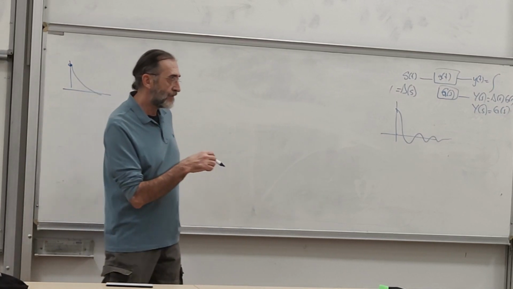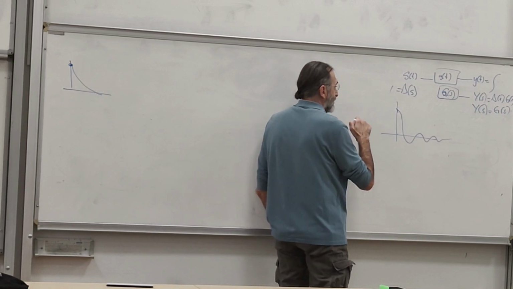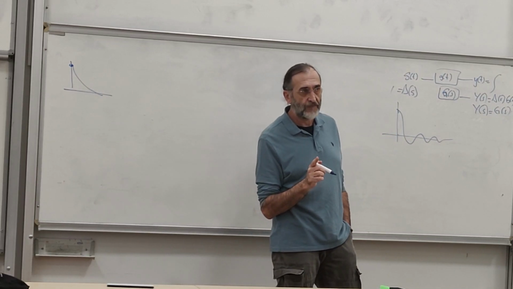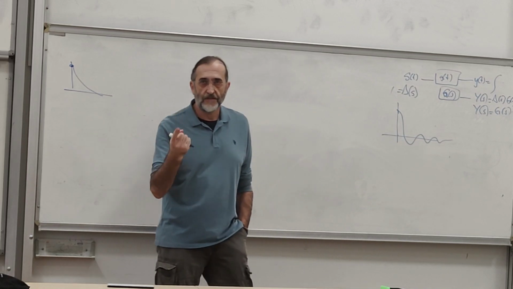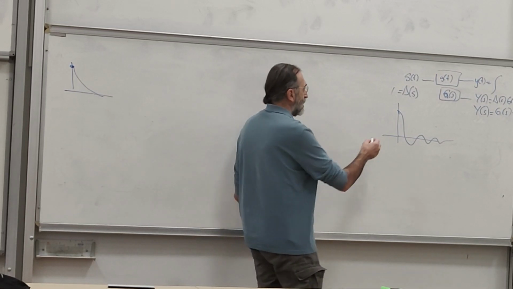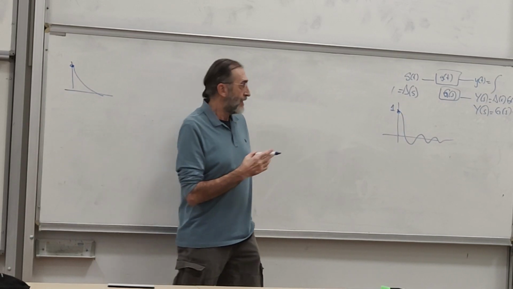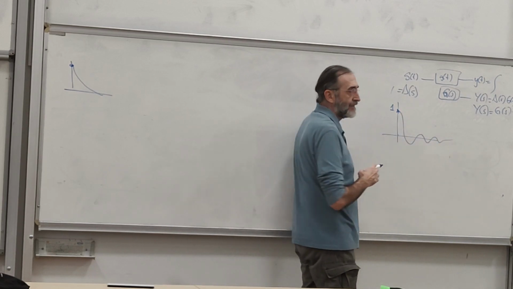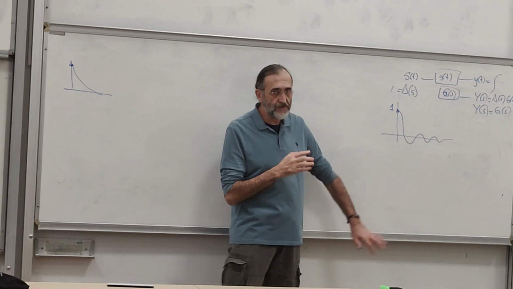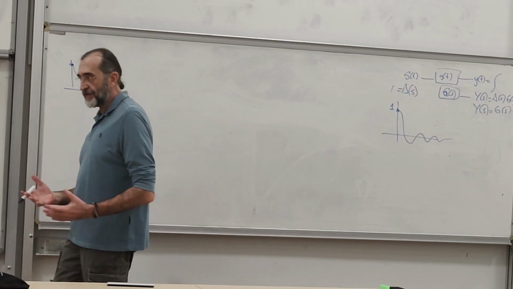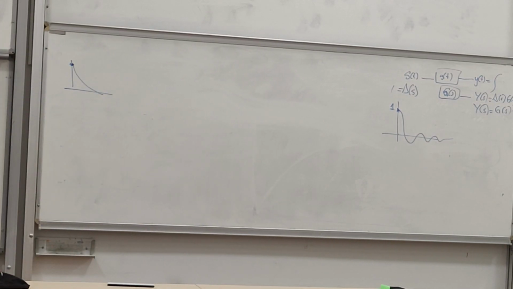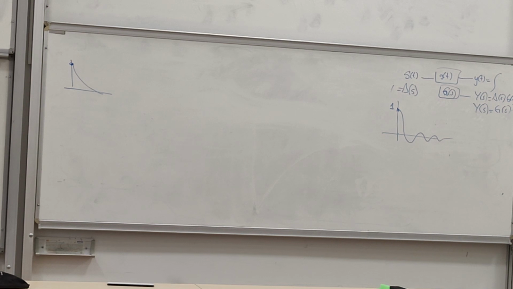So actually, if I take a second order system and I give it an impulse input, 1, then this is what I'm going to see, the output. And that is the system. So the signal represents the system. Make sense? That's an important concept. Very, very important. So do not confuse systems and signals and think that they are different things.